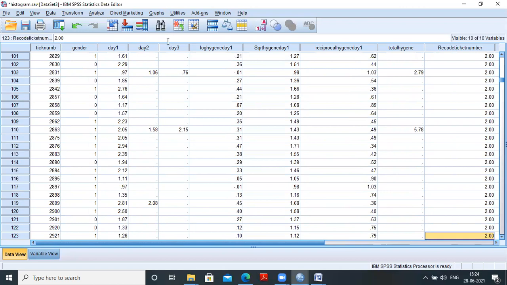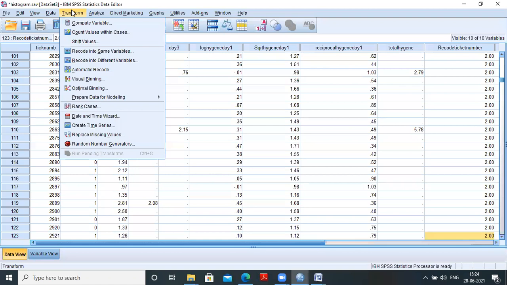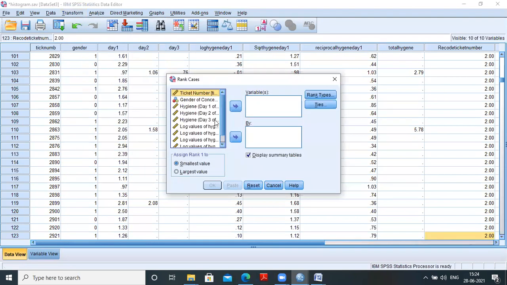One more thing, we can also rank the values. Let it be these are the values. I want to rank which one is the lowest value and which one is the highest value. That I can also do with the transform function. You have to rank the cases. Rank cases, let it be